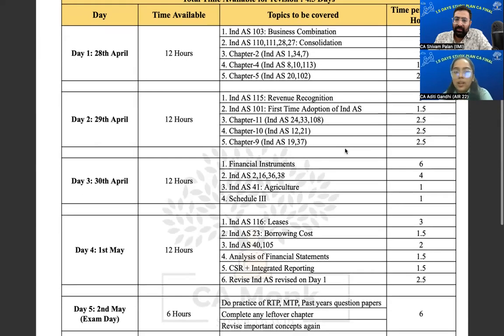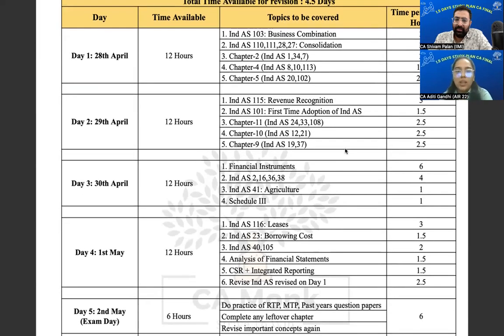And after that there are again 24, 33, 108 is operating segment. ऑपरेटिंग सेगमेंट 10 मिनट का इंडेक्स और 5 to 6 मार्क्स का क्वेश्चन आया था नवंबर 22 में, और मैंने फुल मार्क्स स्कोर किए थे। सो ऐसे इनको लाइटली नहीं लेना। 24 इज अगेन रिलेटेड पार्टी। इट विल बेयरली टेक 30 मिनट्स, लेकिन क्वेश्चन आएगा तो 4 और 5 मार्क्स का आएगा। 33 ईपीएस, इट्स ऑब्वियसली इंपॉर्टेंट, वी हैव टू कवर इट वेल, प्रैक्टिस द क्वेश्चंस। 2 to 3 आवर्स में ये तीनों इंडेक्स बहुत इजीली कवर हो जाएंगे।